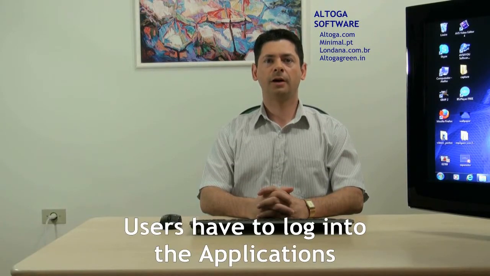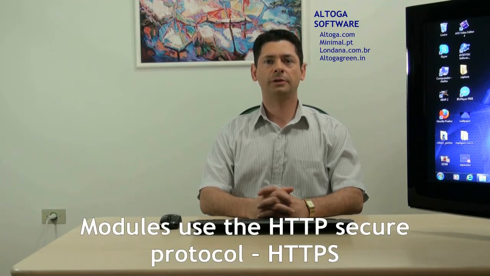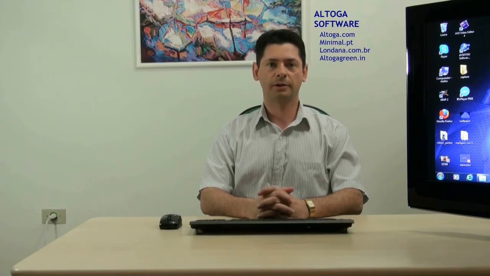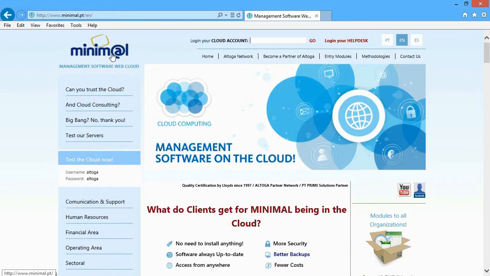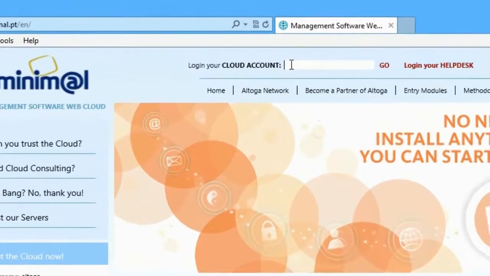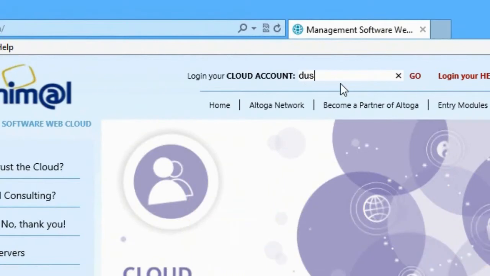The user has to log into the application somehow. Our modules use the HTTP Secure Protocol. Let us illustrate this by logging into a cloud account on the site of an Altoga network partner. Here we are on Minimal website, one of the main partners of the Altoga network. For us to log into the cloud account of this company, let's type DUS in the Cloud Account field and